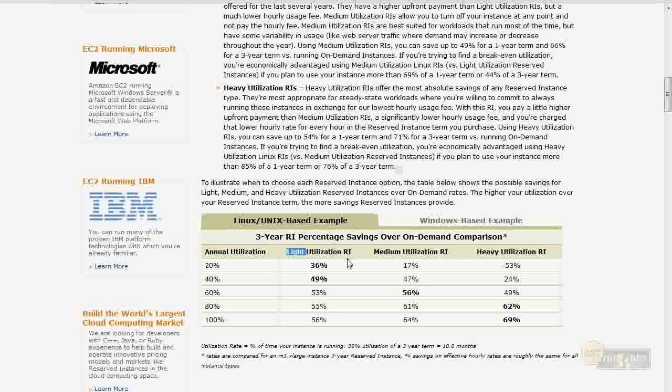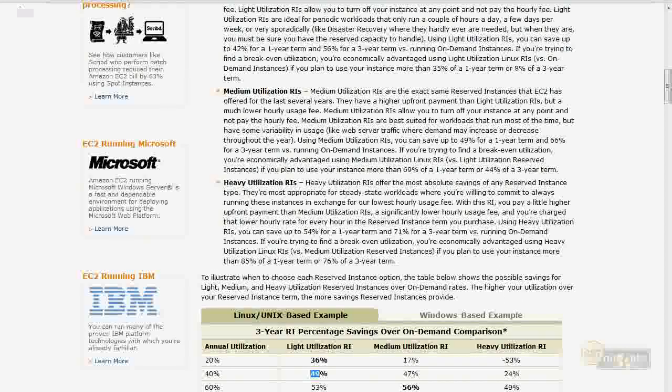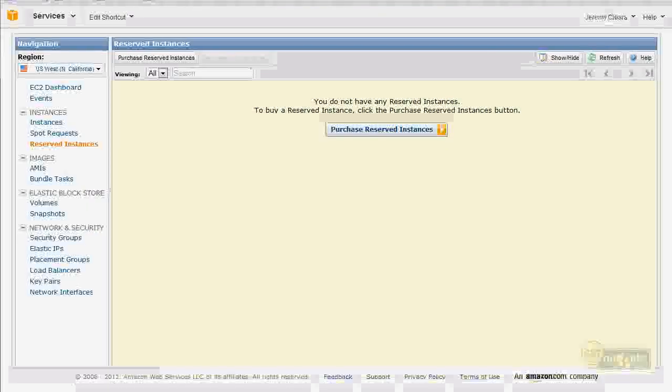But look at this, it's the same game. It's a game. If I run a heavy reserved instance, but I shut it down to where it's only running 40% of the time, then good grief, I would have been much better off to purchase a light utilization reserved instance and run it 40% of the time. From a financial perspective, I'm way better off in that. So I just wanted to add that piece at the end to make sure there's no technical confusion. This is not a technical game. This is just how often do you have that server running.